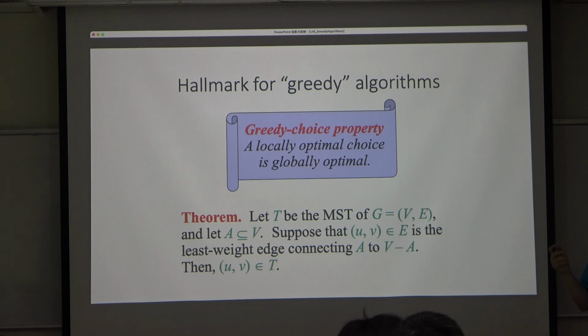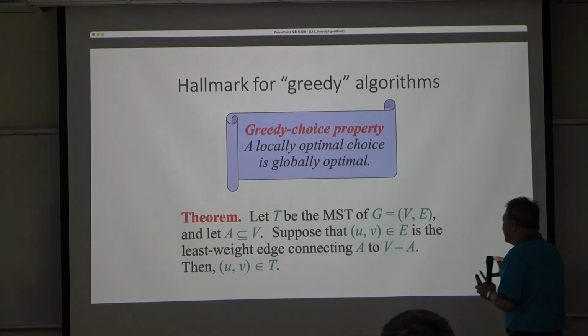Because this division is arbitrary, there must be some edges connecting them, and remember, G is connected. If G is not connected, you cannot even have a minimum spanning tree, right? Okay, so